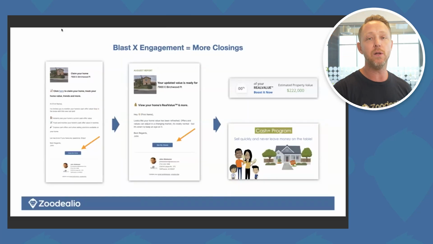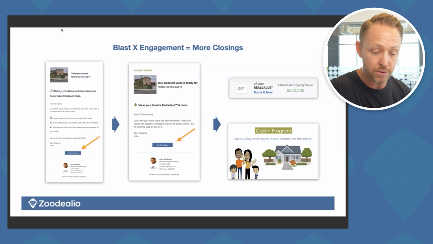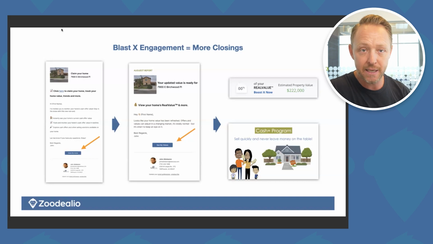So what does this look like once we draw them in? Okay, so this is a first look for you guys to be able to see what the blast templates are ultimately going to be looking like. Okay, so it's going to have the actual house, and they're going to first be able to claim their house so that they are opting in for you to send them communications. They're going to be able to track and see trends inside their neighborhood, the cash offer value. We'll be running some different data sets inside of it so they can kind of see history, how it's valued, a lot of that cool stuff as well.